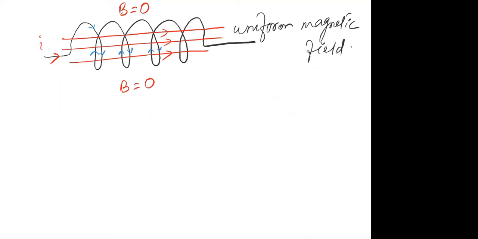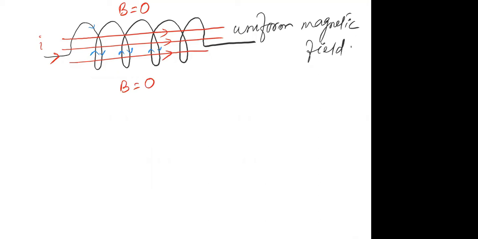Do you remember that? Every bar magnet has two poles, north pole as well as south pole. Similarly, every solenoid also has two poles, one north and another one south. Did you understand? Every solenoid has two poles like a bar magnet. Clear? The question is which end will have north polarity and which end will have south polarity. It depends on the direction of current in the solenoid.